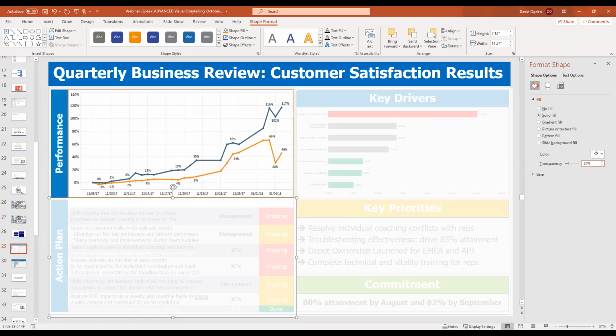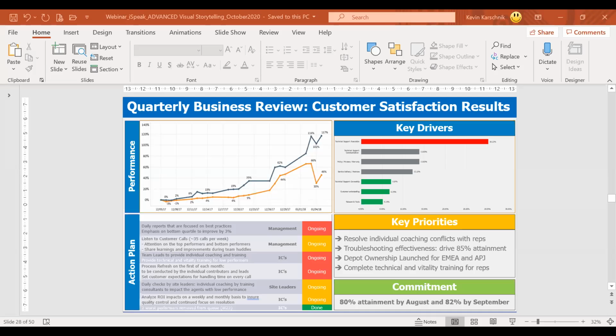Can you tell us a little bit about slide zooms? Yeah, David, this is great stuff. I just put it in the chat window. I use the transparency in every presentation that I deliver. I don't think there's a single presentation where at some point I'm not using a transparent box to do what